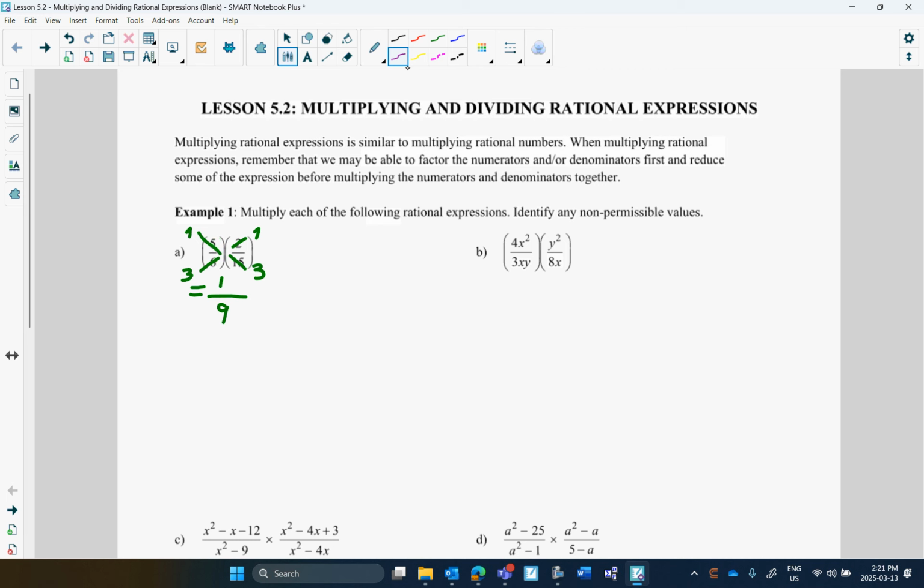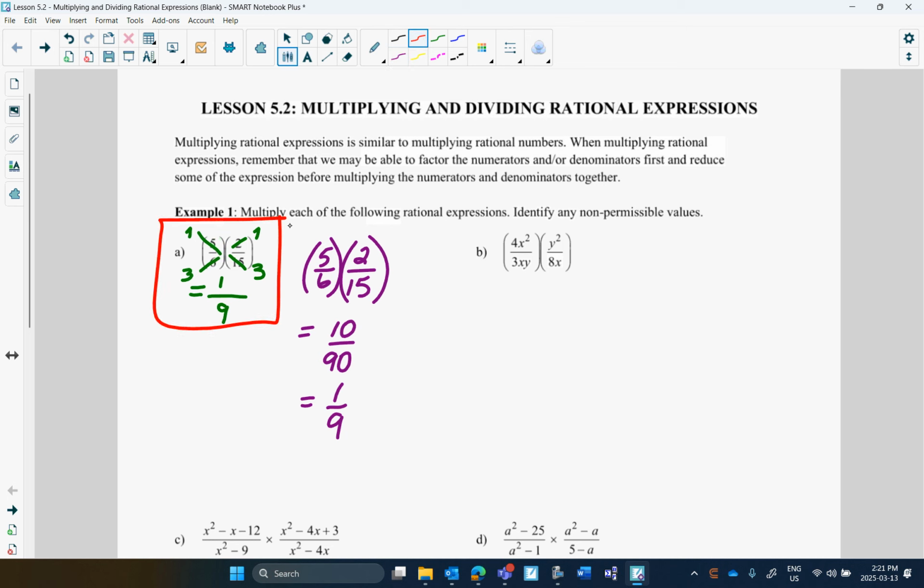So some students, when they see this, they'll multiply first. So they'll remember, oh yeah, you multiply the numerators, you multiply the denominators, I get 10 over 90, and then you reduce after and you get 1 over 9. Technically correct, but this,